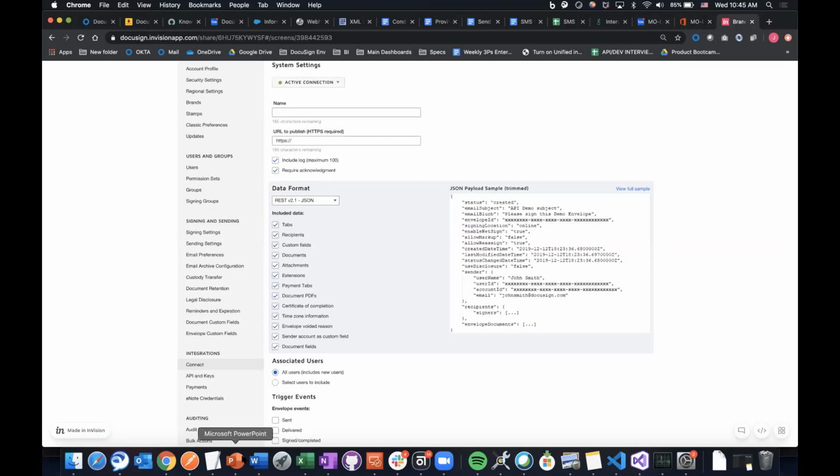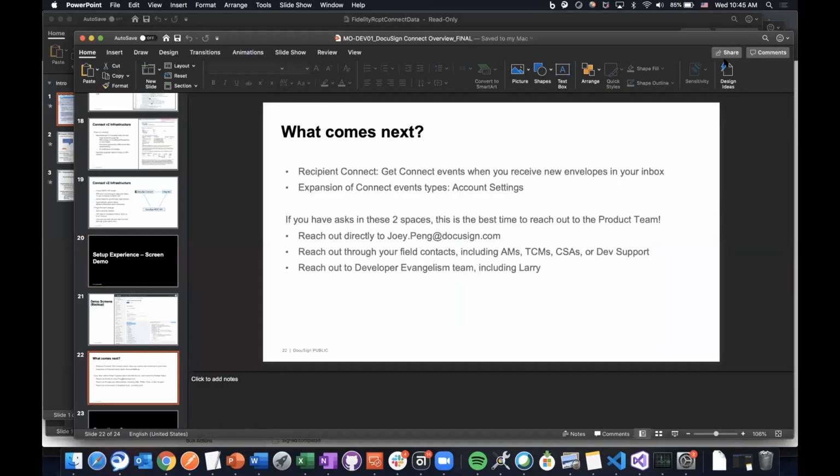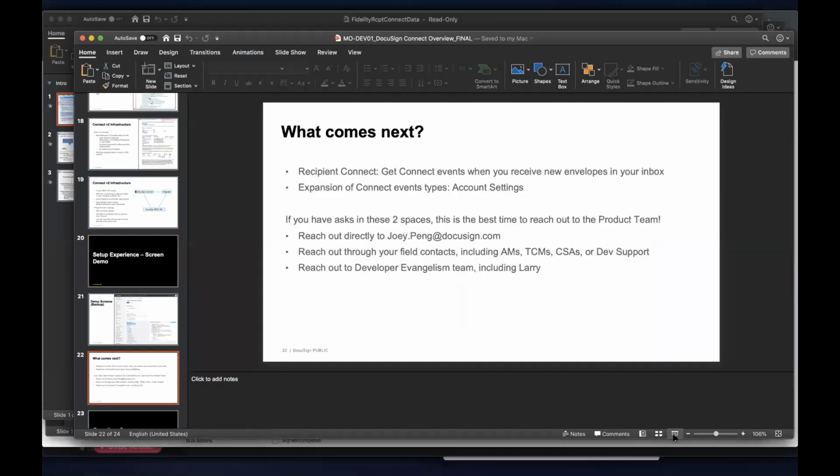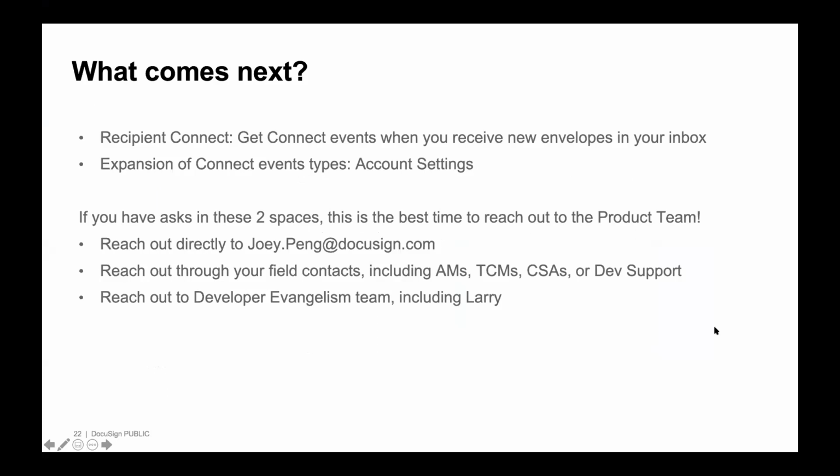Okay, and then lastly, that's the immediate thing that's coming up. Within the next month, you can expect to see communication, release notes, and public blog posts on this coming up very shortly. What else is coming up? I'll talk about a couple other features that may be of interest to you.